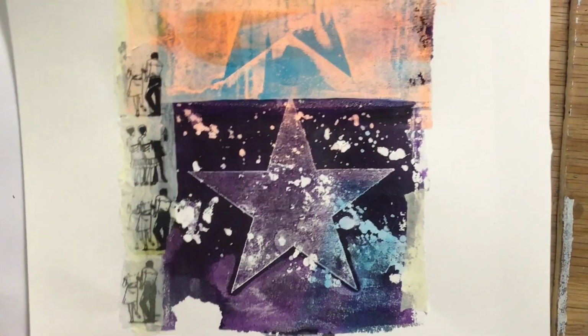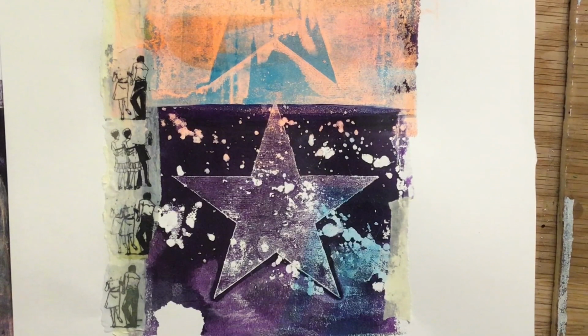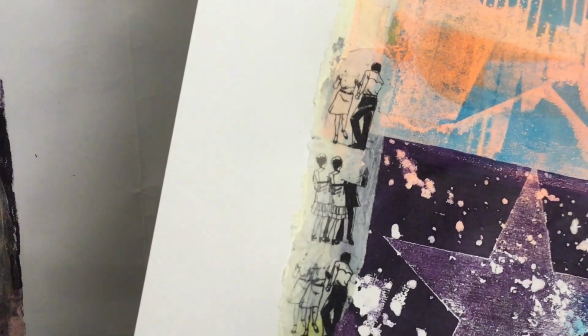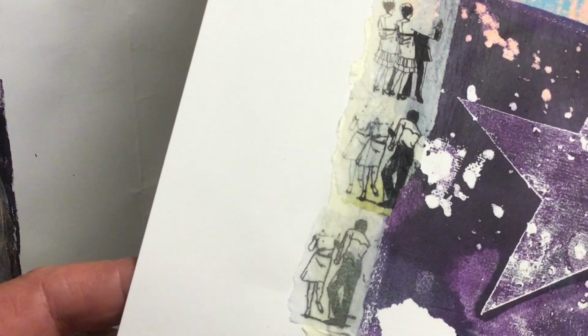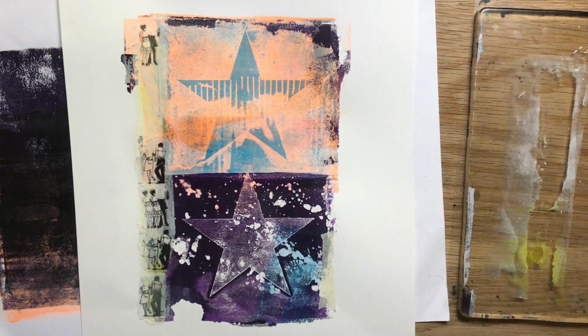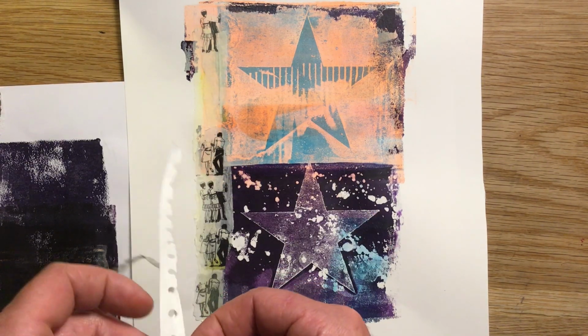Okay, let's just look at one more technique I used to highlight the benefit of scanning, playing around with the opacity, transparency of your collage pieces. You can then layer them up to create these kind of staggered double image effects, which is what I've done on a few of the figures. If I hold up to the camera there, look, looks good where they're lower opacity, slightly fainter, creates a bit of movement in your piece. I use Photoshop for adjusting the opacity, but there's so much freeware, good apps for your phones, your iPad, plenty of things you can find to do this quite easily. You can even do it, I think, in Word,